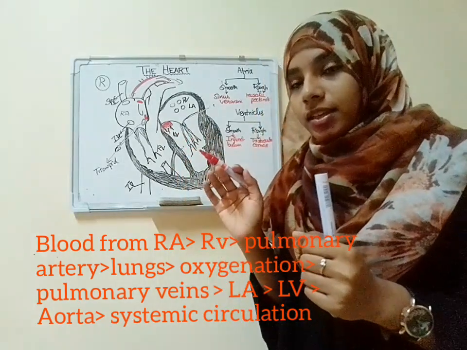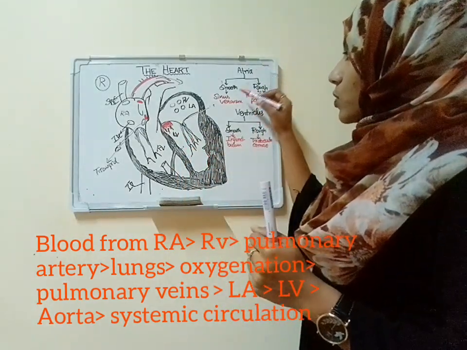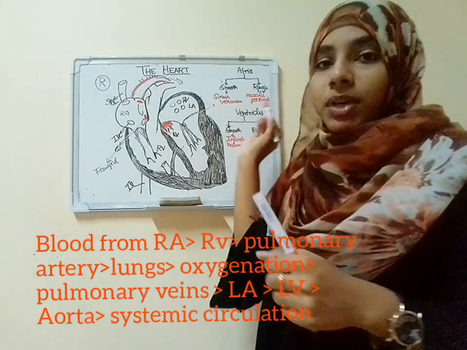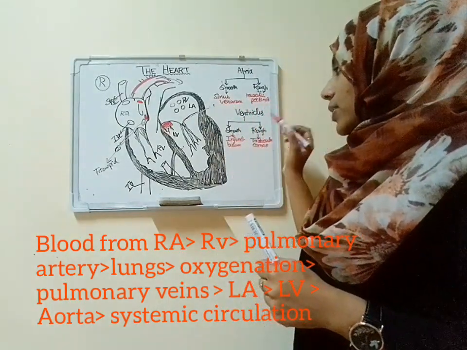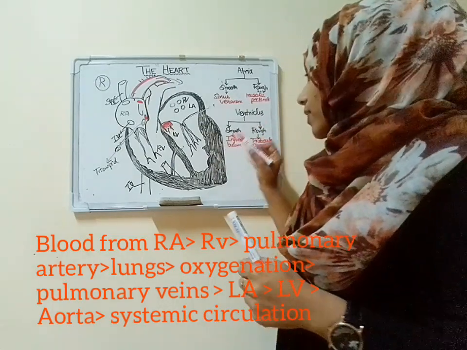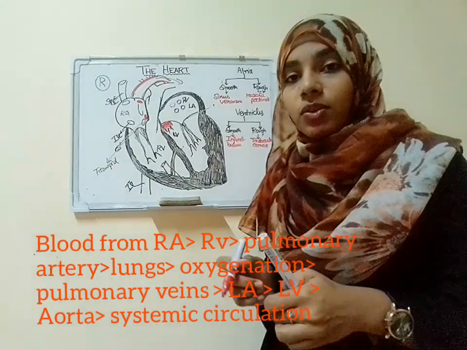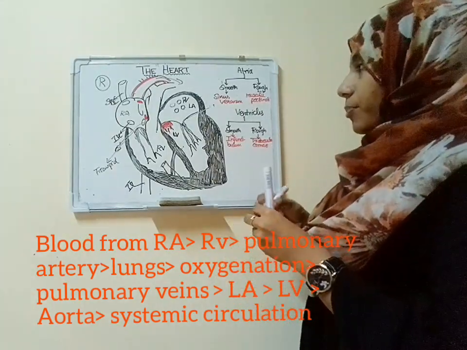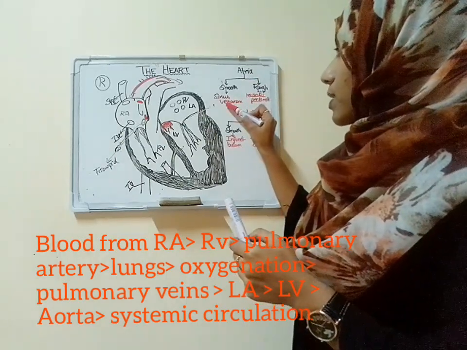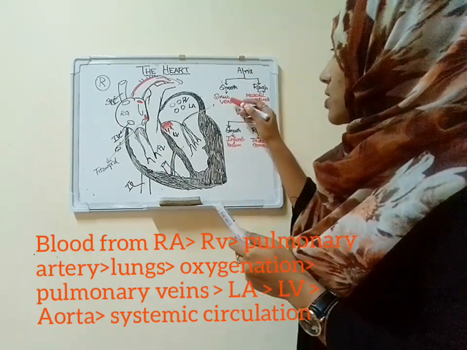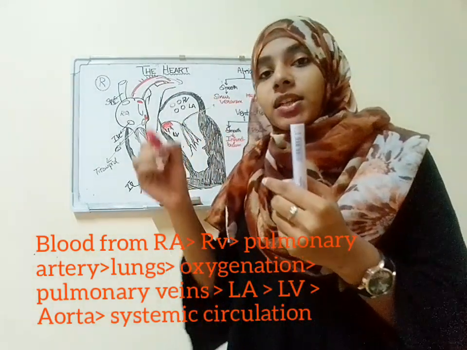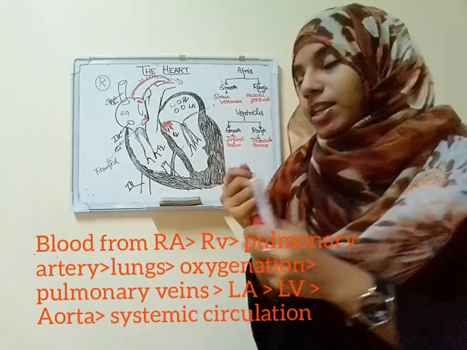So coming to the internal surface of the heart, the atria and the ventricles both have smooth and rough surfaces lining them. In atria, the smooth surface is called the sinus venarum, whereas the rough surface is called musculi pectinati. In ventricles, on the other hand, the smooth surface is called the infundibulum, whereas the rough surface is called the trabeculae carneae.